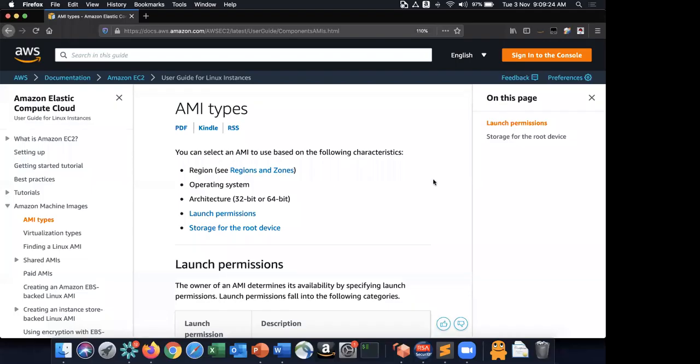Okay, so AMIs, right? So now, what is an AMI? What does AMI stand for? AMI stands for Amazon Machine Image. That's basically an image with which you spin up your instance, correct? You spin up your EC2 instance. So when you provision your EC2 instance initially, you actually choose an AMI, and then